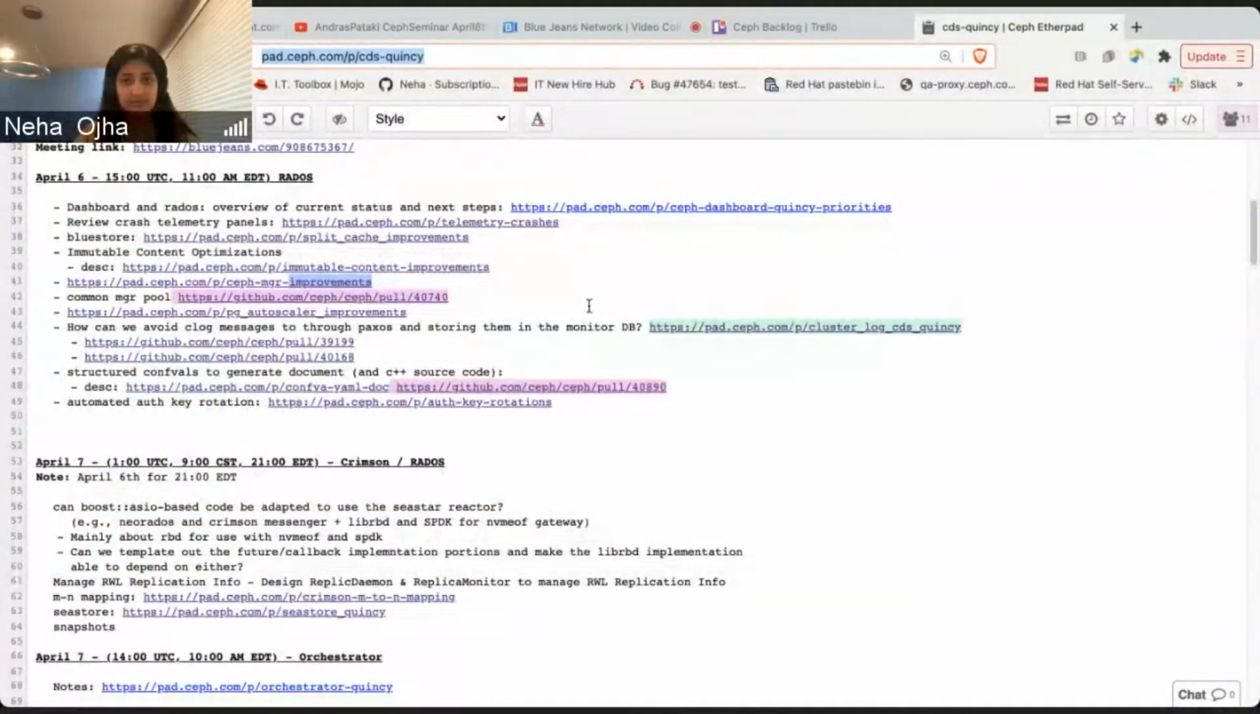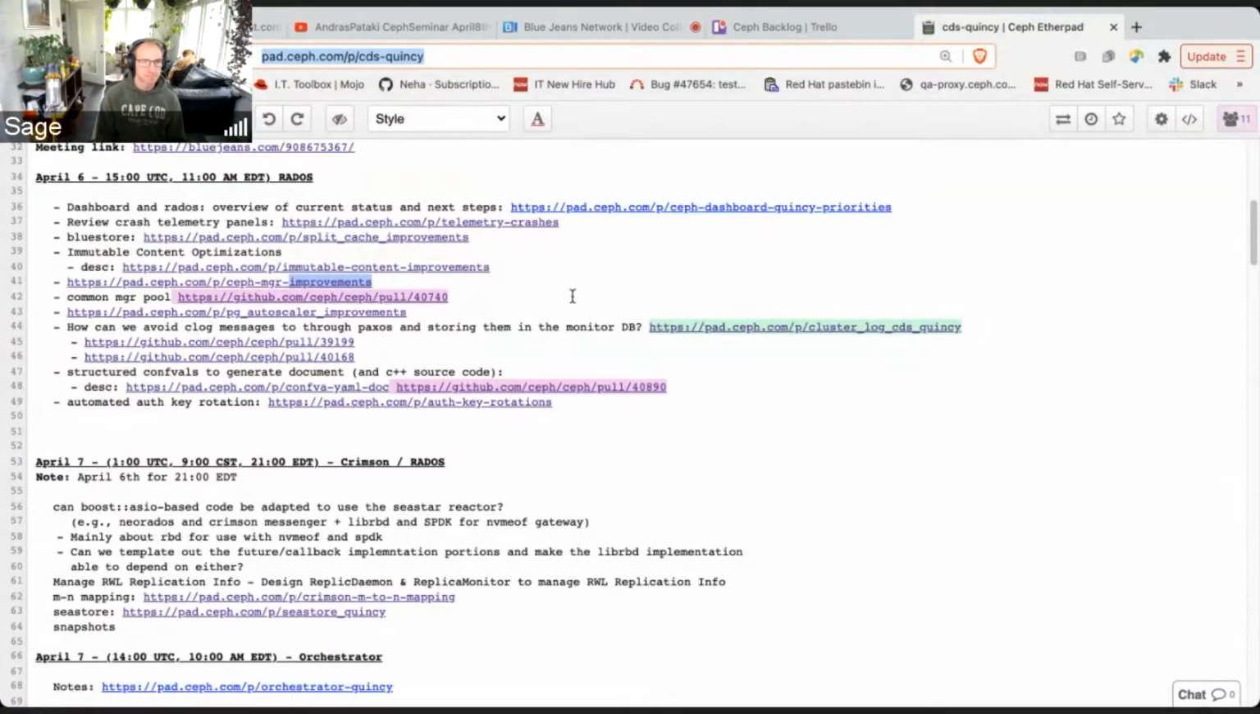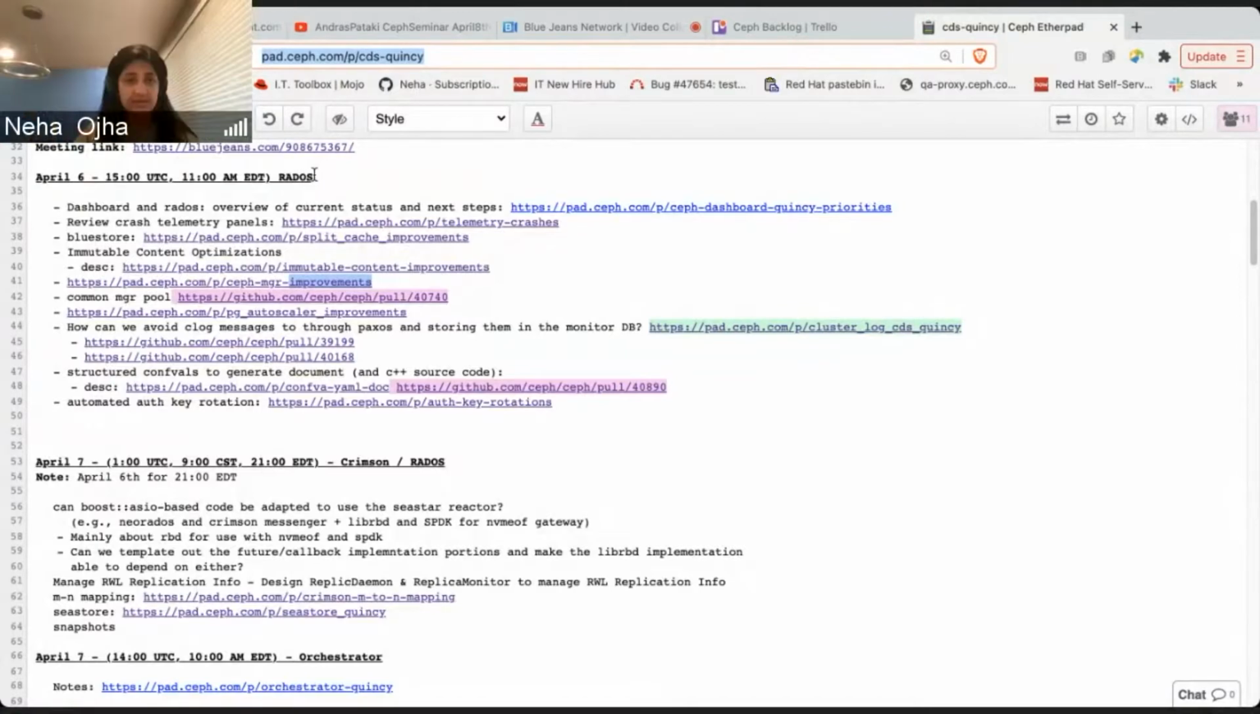Okay, I think I'm just going to start. First of all, I've shared the Etherpad in the chat and also the backlog Trello. Maybe I can share my screen so that it becomes easier for what I'm talking about. All right, can everybody see my screen? Yes. Cool. So yeah, this is the RADOS